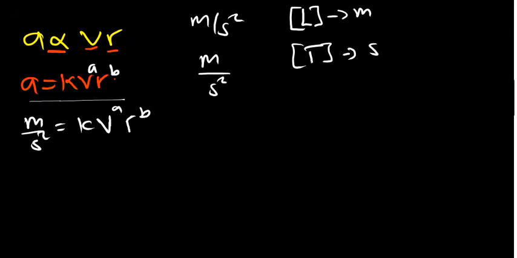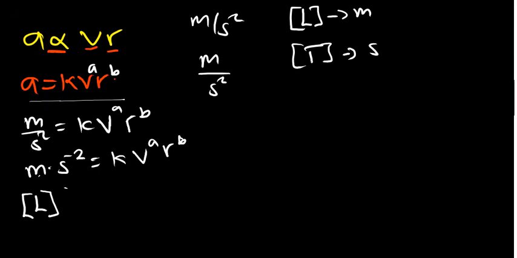So what we are going to do at this point, we are going to say that this is the same as m times s to the power negative 2, which has to be equal to k v^a r^b. Now if I have that, then where there is m, let's put length, so I'm going to put L. Then where there is s, I'm going to put T, so it's going to be T to the power negative 2, which has to be equal to